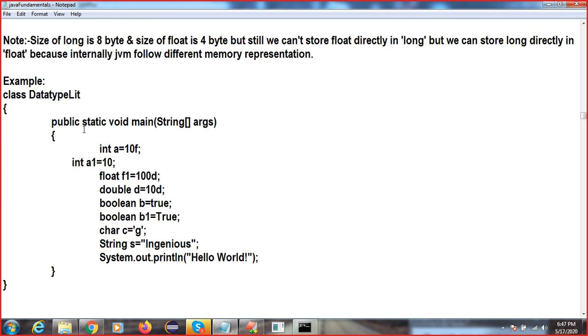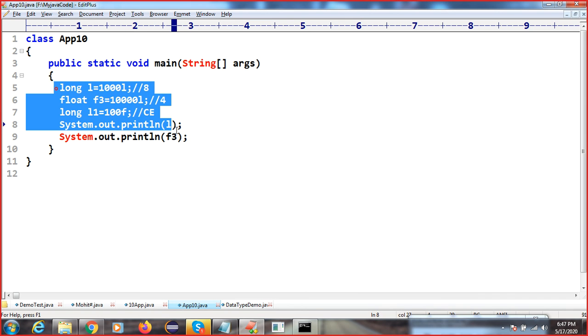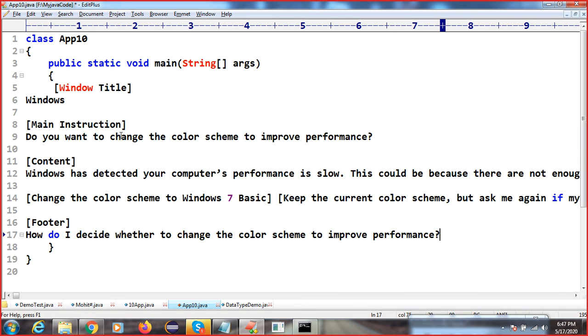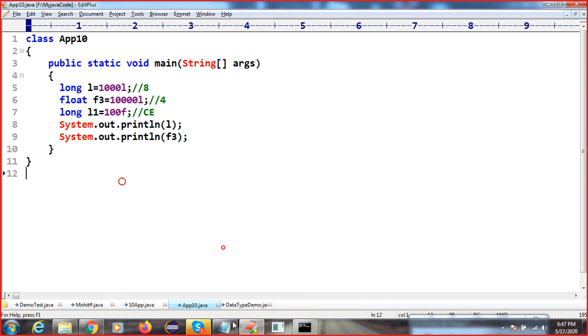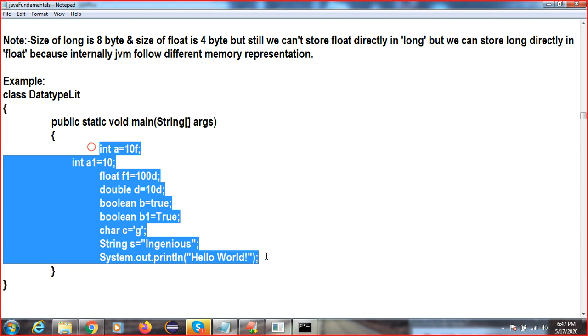This is not in our hand. I have just given some overview of this. What happened here, it did not copy properly.